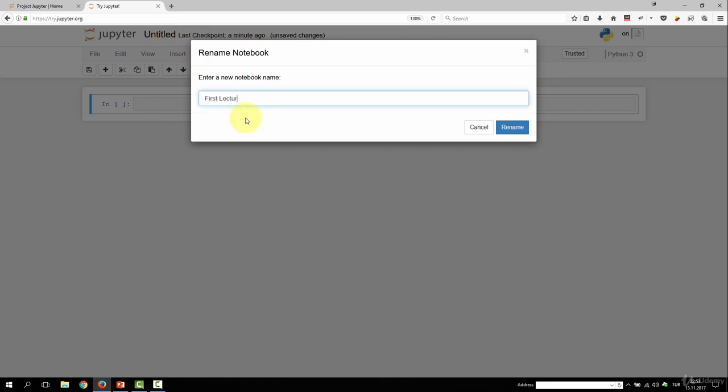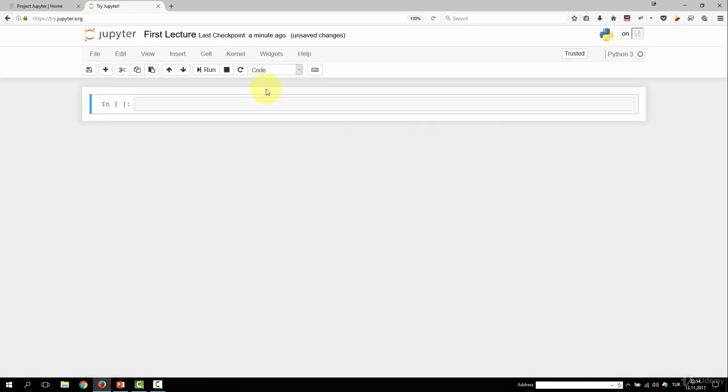I write first lecture and I'm clicking on the rename. As you can see, I can change the title of this document. What we can do now in here, I want to write a markdown as an explanation, not a code in here. So I'm changing this code to markdown and I write welcome to